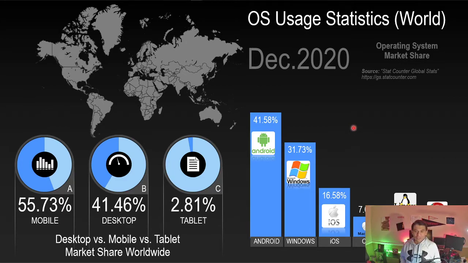I want to make sure that you keep that in mind because if you're looking for opportunities in the future as far as where the need will be for your knowledge, you may want to become good at Android because look at that, 41.58%, that is first place. That is the first place in operating systems around the world. So you may want to go for getting deeper knowledge on how to support the Android operating system, either by the technology side or the cybersecurity side of Android.